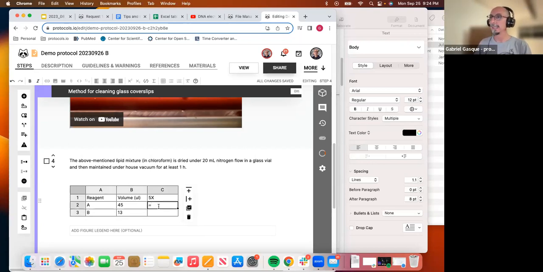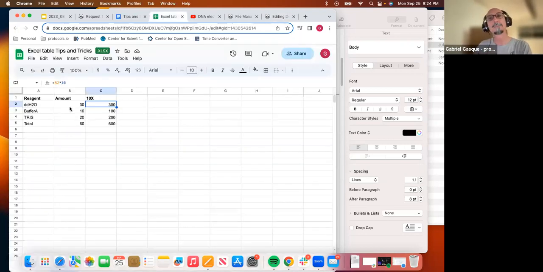So I can say equals B2 times 5. And now the volume in B2 has been multiplied by 5, and I can copy that. Very easy. I can also import tables from Excel. So in this case, I have a table here in Google Sheets. I can copy